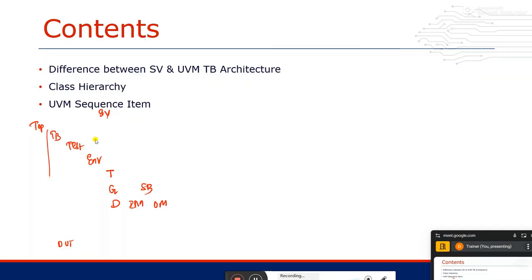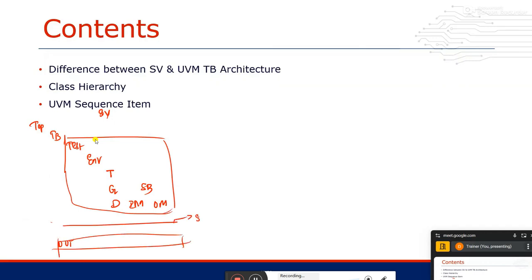And to communicate between the test bench and DUT we had a static interface. To communicate inside the test bench, we had something called mailbox, and we used the virtual interface handle in the driver and in the output monitor. Because they are directly communicating with the DUT, for that sake we are using the virtual interface dynamic handle in the driver and the output monitor.